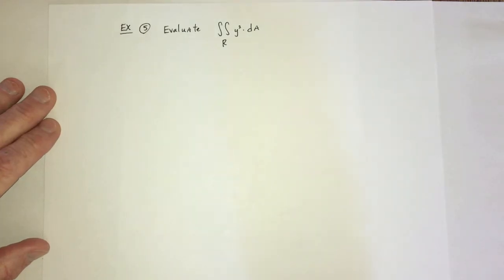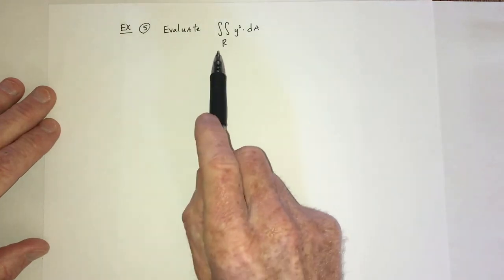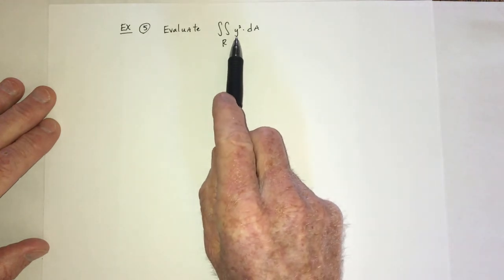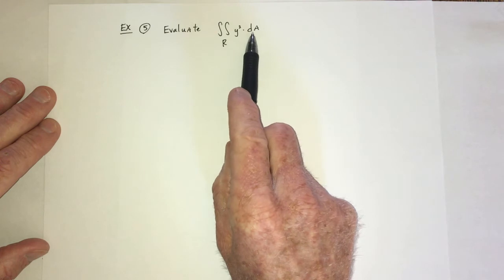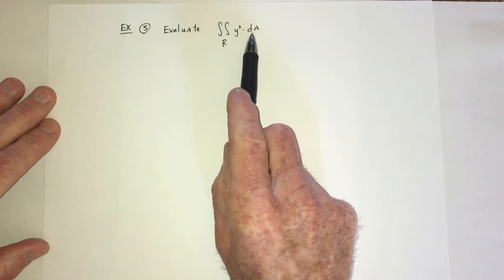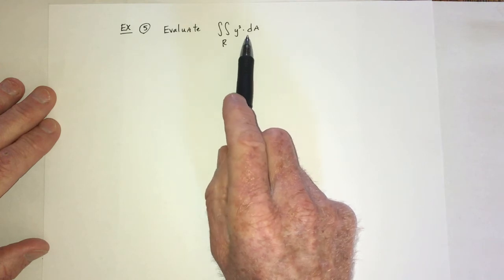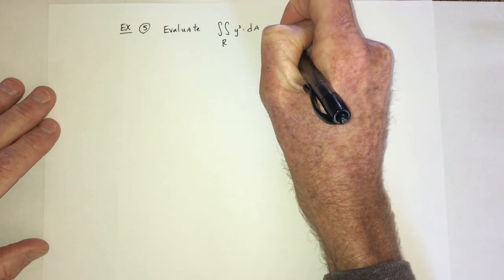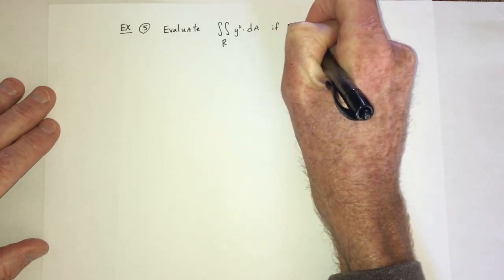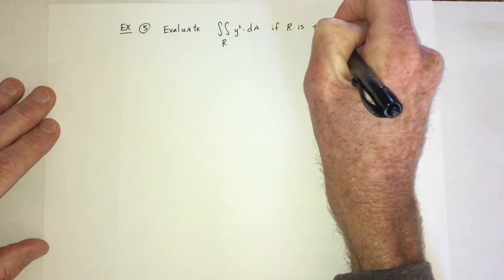And now it's time for example number 5. Evaluate the double integral of y squared over the region R, and this means dA, or d area. So that means you can put dx or dy or dy dx, it's up to you. So it depends on what the picture looks like. So to finish this one, if R is the triangle